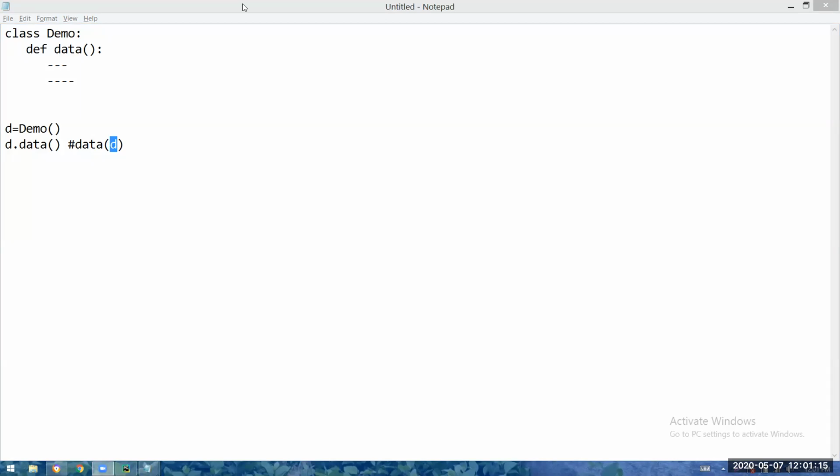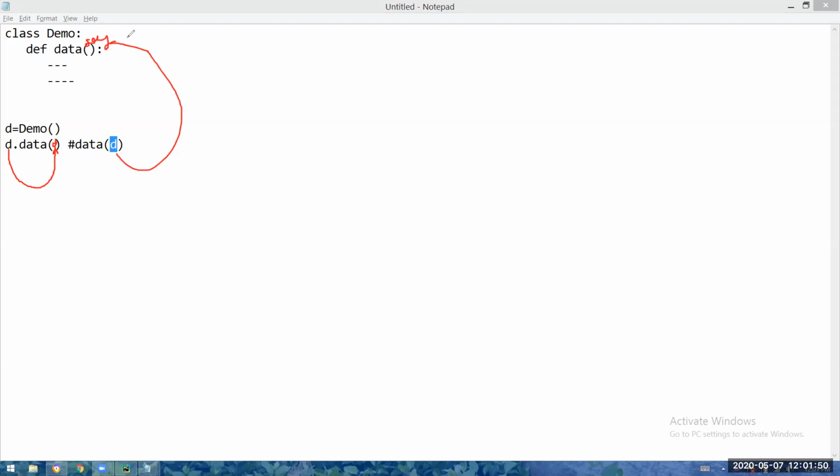You are calling the definition with the D object, so Python will convert your instruction like this. It will pass that object D as a default parameter to the definition. You told me earlier, if I pass 2, I have to take an argument A to hold it. Then by default that D is also going to the definition, right? To hold that D, you have to take an argument and that is nothing but self. In self, the calling object will be there.